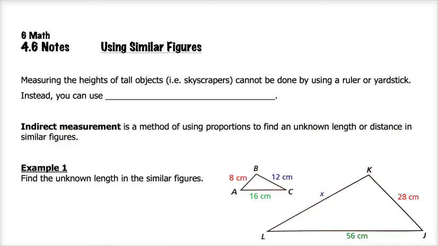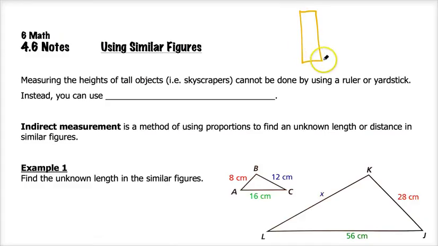Hey there, 6th grade. In this video, we'll keep on talking about similar figures, and specifically, we'll talk about how you can find missing side lengths of similar figures using proportions. So think about how we can measure the heights of really tall objects. For example, skyscrapers. If you were asked to find the height of a really tall building, well, one way